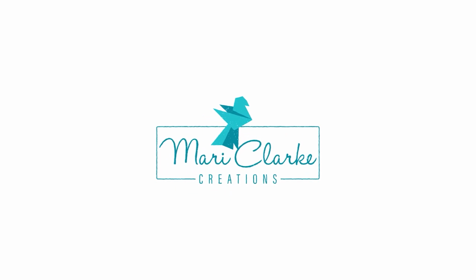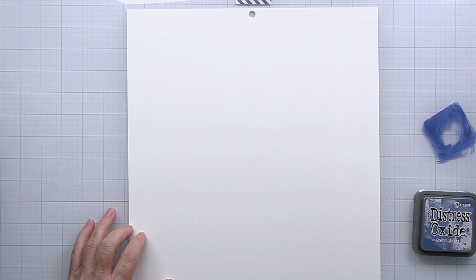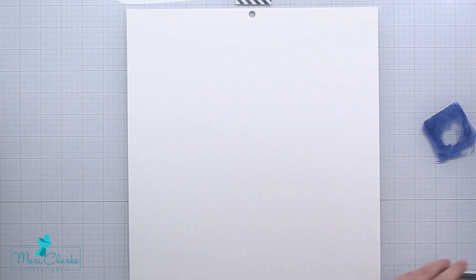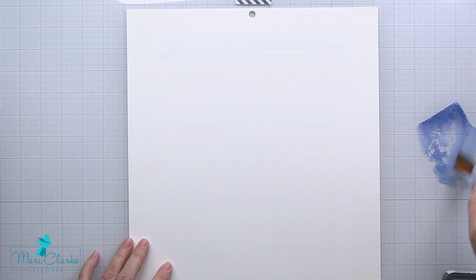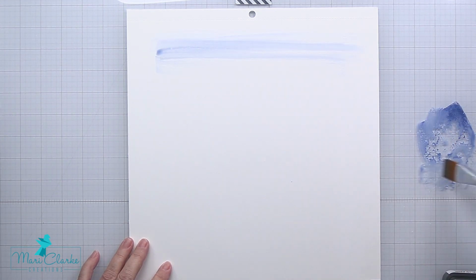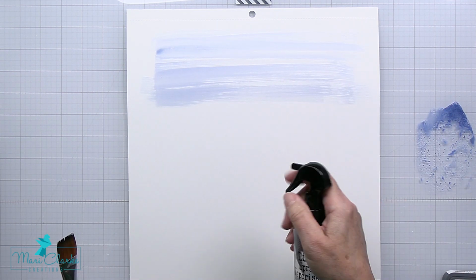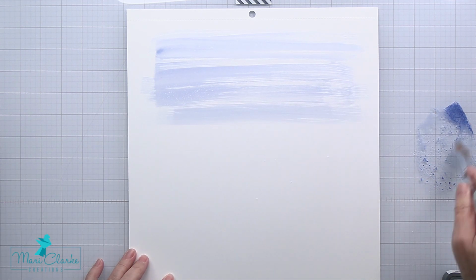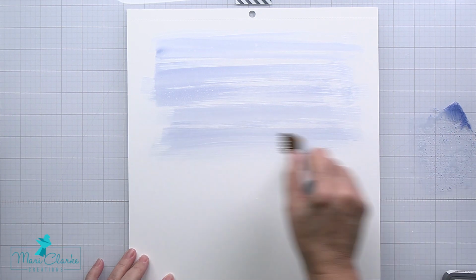I'm going to be creating a scrapbooking layout for you today using some Vicki Boutin Foundations paper from American Crafts as the base for my layout. I've got a little bit of Distress Oxide Faded Jeans over to the left there. I've put that out onto my glass mat. I've spritzed some water onto that ink and now I'm just picking it up with a 1-inch flat brush and swiping it across my Foundations paper to create a really nice watercolor look base for